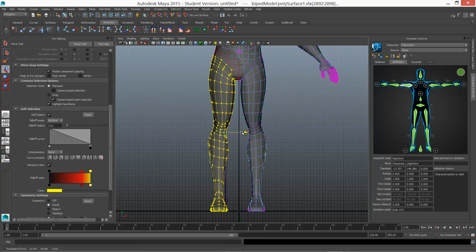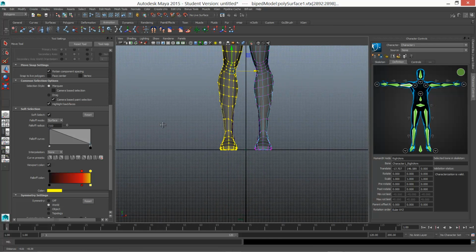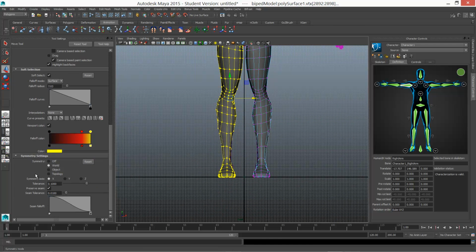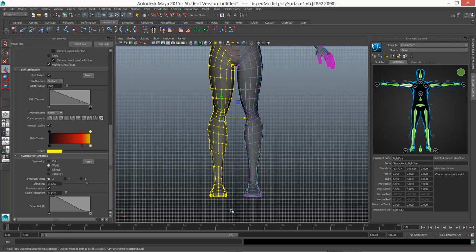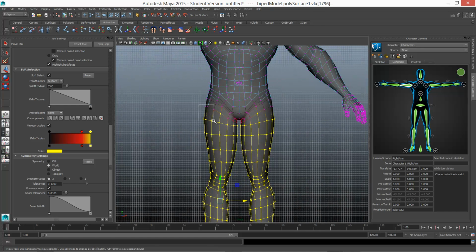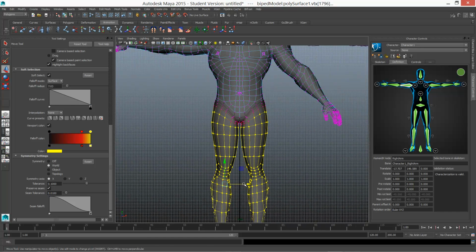And now if I move this, the symmetry settings on the X, tolerance. Let me see, maybe I have to reselect it. There we go. Yeah, you have to reselect it. So we can just go to here. And there we go. So now if I start moving it that way, you can see it moves both at the